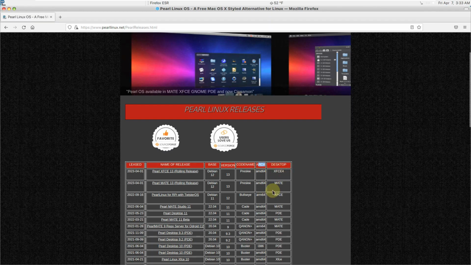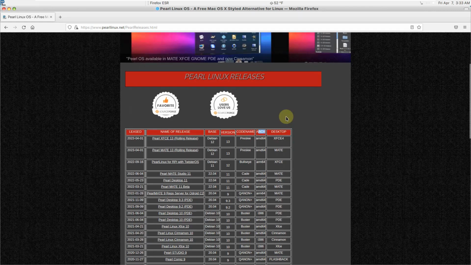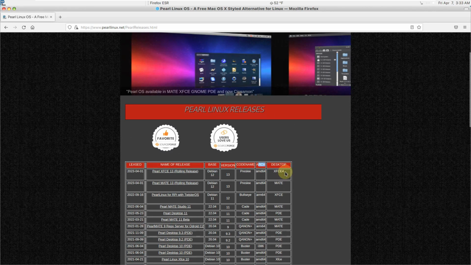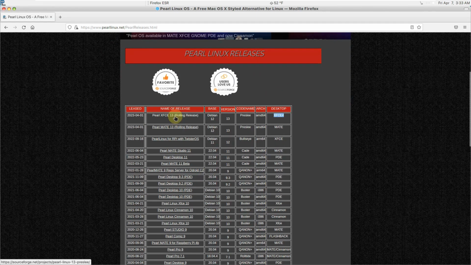Desktop is XFCE and MATE. You can choose anything you want. If you want to go with the MATE desktop environment, go with MATE. If you want to go with XFCE, you can go with it. XFCE should be like 4.16 or 4.18. I didn't see the version because I chose the MATE desktop environment. If you want to test it, you can test it. So let's choose the